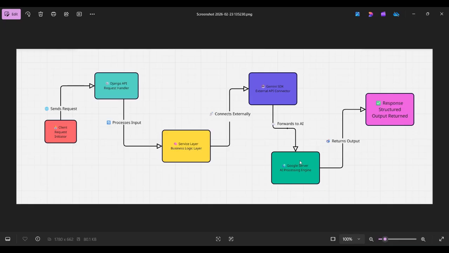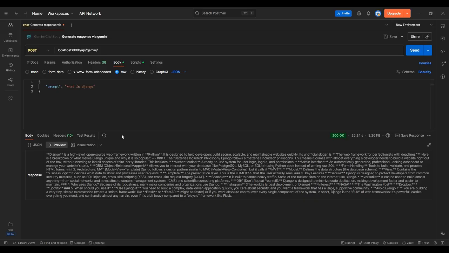After that the Gemini SDK forwards it to the Google service, and here our API key is matched and authenticated. Then it sends back the response.